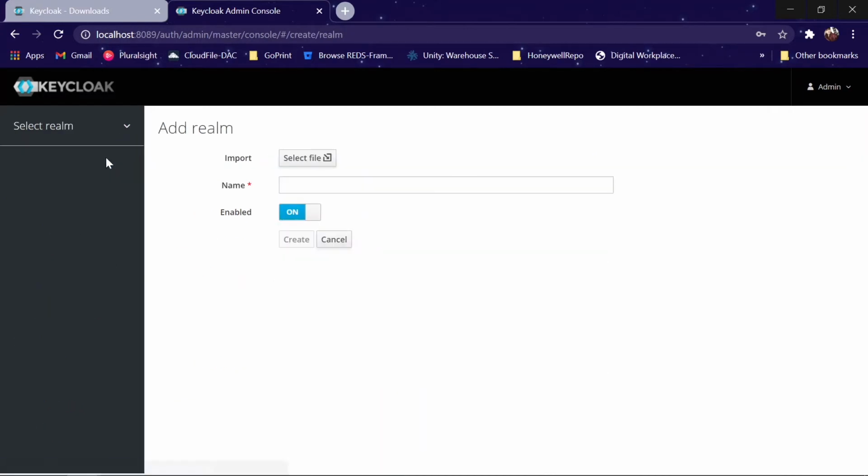I have told you in the earlier video, a realm is kind of a scope in which your users, your clients, everything is going to be. There's an option to import. Once you have made a realm, you can export and import it here. All your configuration like user roles, everything will be there. For the time being, I'm taking it demo. I have made plenty of those. I will create it.